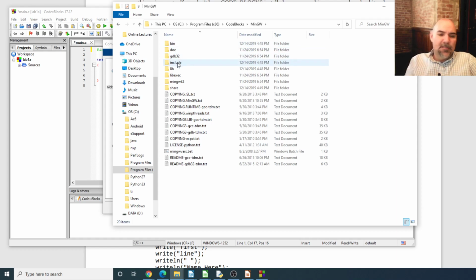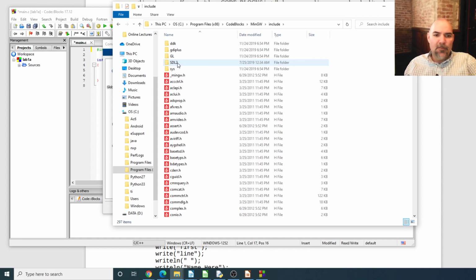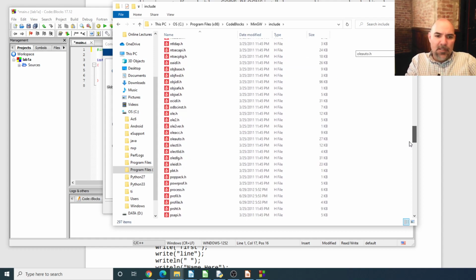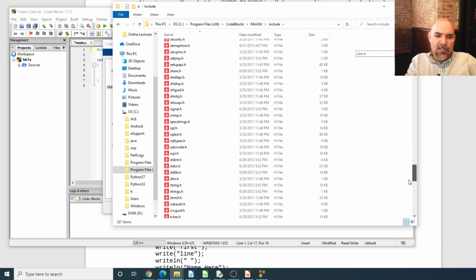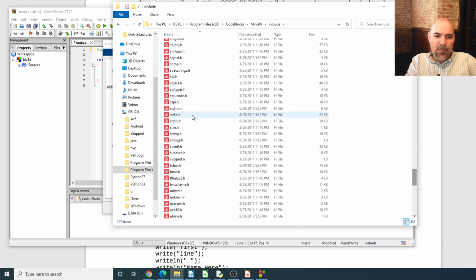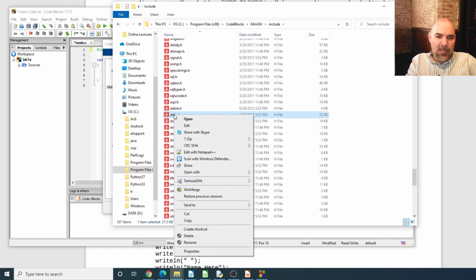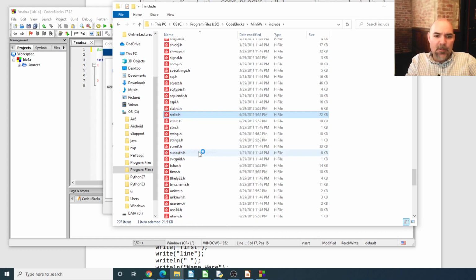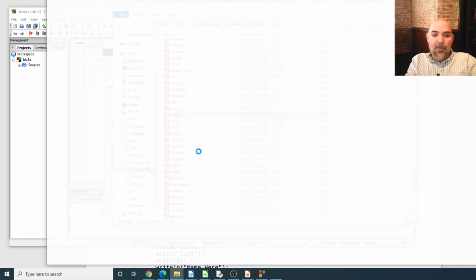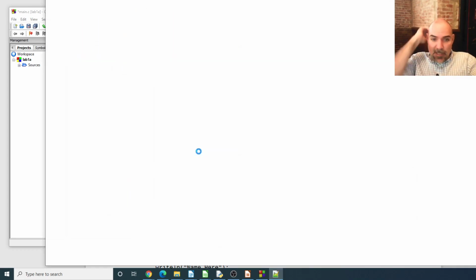you'll notice inside of there is this include directory. That include directory is the standard one where all the include files are. So inside of here, you will see stdio.h. That contains a whole bunch of stuff in the standard library. So there's stdio.h. I'm going to right click that and say edit with Notepad++. And now you can see all of the stuff that is inside of that